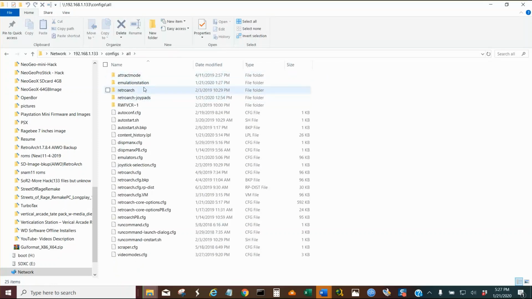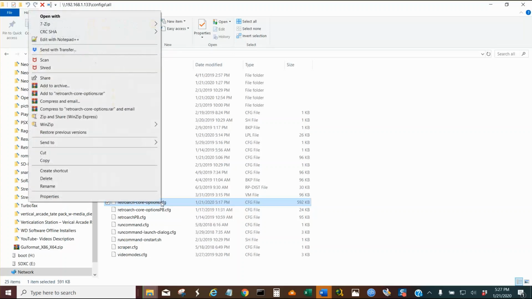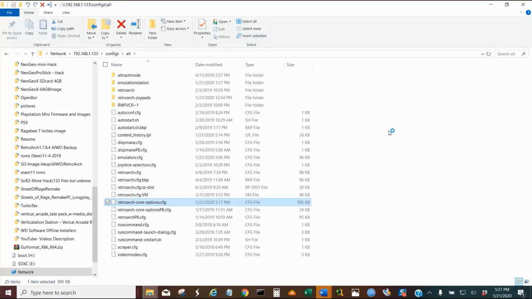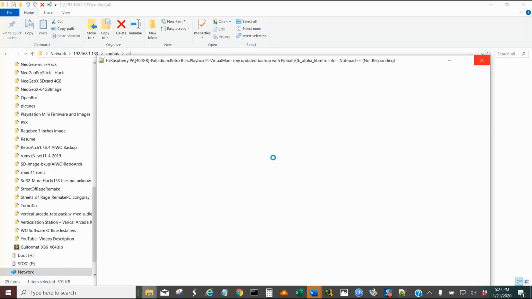From the all folder, you're going to look for retroarch-core-options, right here. Okay, this file. You want to open it up with Notepad++. Some edit with Notepad++. Okay, if you don't have that, you need to Google it and search for it and download and install it, because that's the best Notepad software to have. Okay, so once it opens up,